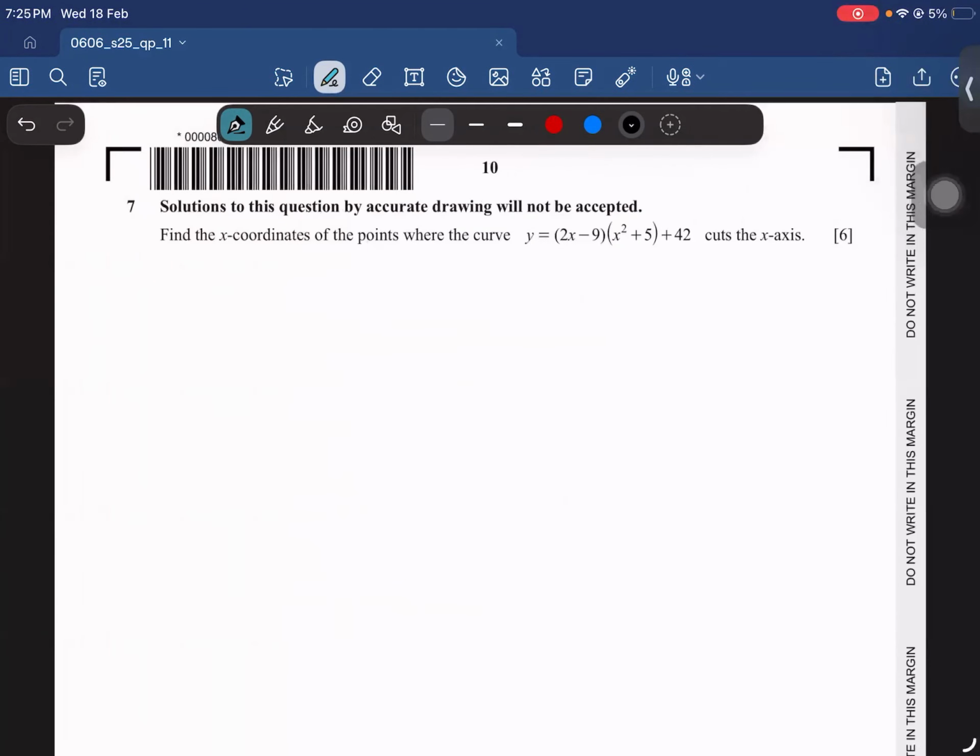Question 7. Find the x-coordinates of the points where the curve cuts the x-axis. Solution to this question by accurate drawing will not be accepted. Okay, so